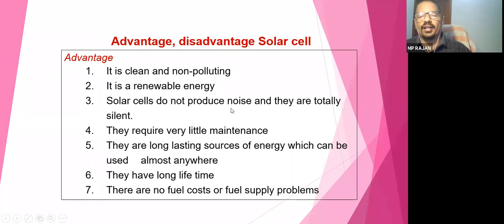If you are going for a hydroelectricity generation, wherever water is available, there only you can produce. यहाँ पे पानी है वहाँ, लेकिन sun it's a common, everywhere it is there, you can produce that electricity कहीं भी in the कोई भी world में use कर. They have long lifetime. Solar cell, 25 years it is guaranteed. A solar panel is guaranteed for 25 years. It can give you problem-free electricity generation for 25 years. And then there is no fuel cost or fuel supply, as I said. आपको सूरज को पैसा देने का कोई जरूरत नहीं पड़ती है, सन आपको फ्री में लाइट देती है.